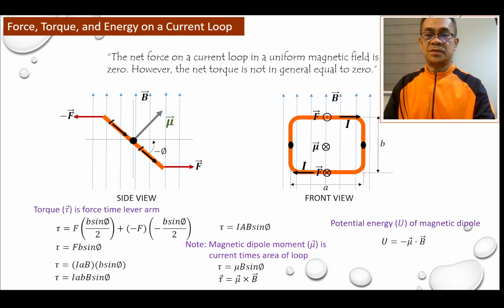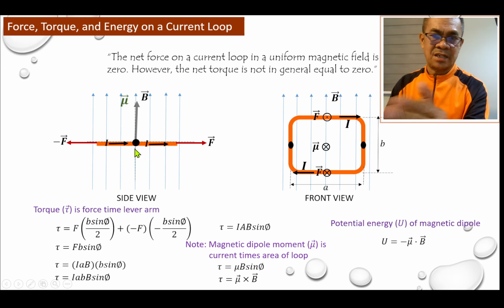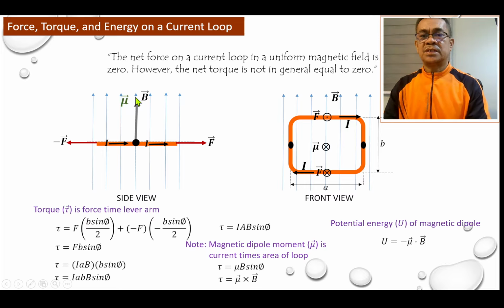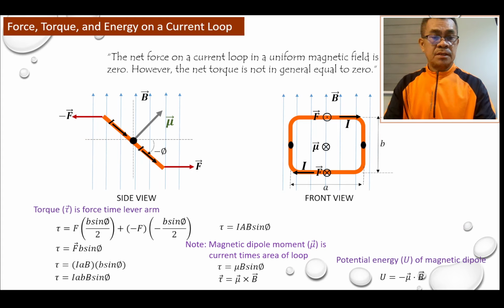That's the normal position. If you displace it, it will return and tend to align in this position, just like a spring. If you pull a spring and then release it, it will go back to its original place. So this is the stable position of the system. Anytime mu does not align with B, we call the system unstable, and it tends to move to the stable position.